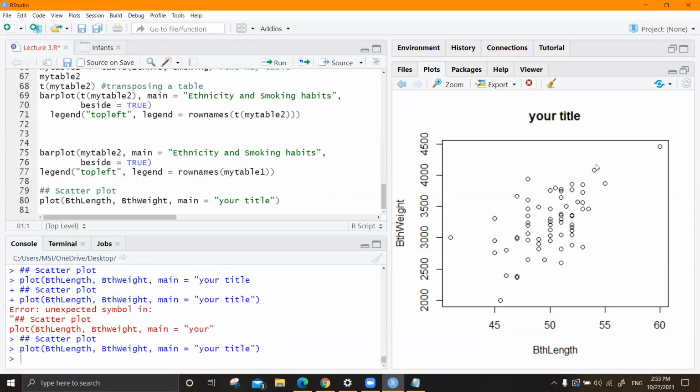This one. A scatter plot between birth length and birth weight, something like that. Okay. So even here you have got some simple scatters like this. So you can change the plotting character, right, in the way you want. So always give the x variable here, y variable here. So how do you do that?